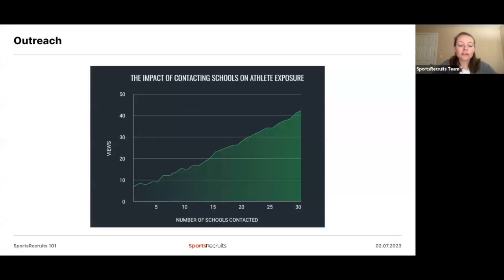Another visual just for how important it is to contact schools is, as you can see, the number of schools you contact, the number of views you're going to get. So if you're just sitting here with an active profile, not doing anything, the less likely you are to get a college coach view. Of course, you can be lucky, but that's not the case for all of us. You want to make sure that you take control of your recruiting process, introduce yourself, send those messages, keep college